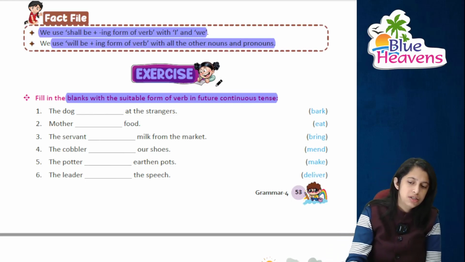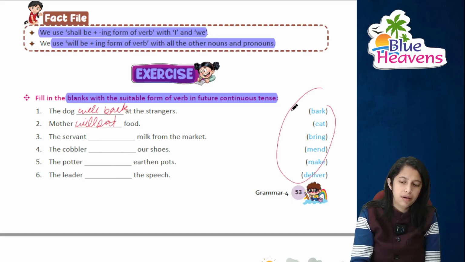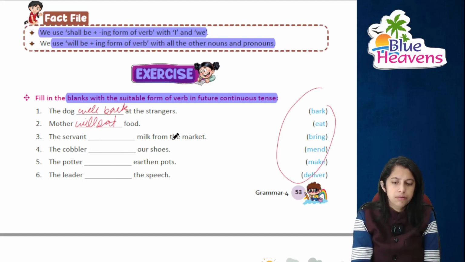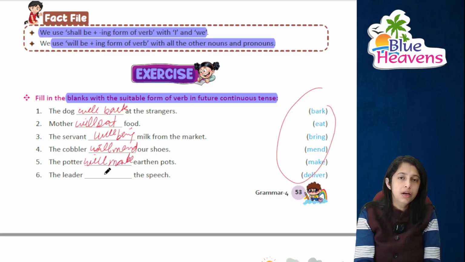The dog dash at the strangers, the dog will bark at the strangers, right? Mother will make food, mother will eat food. यहाँ पे हमको verb दे रखी है, right? The servant dash milk from the market, the servant will bring milk from the market. The cobbler dash our shoes, the cobbler will mend our shoes. The potter will make earthen pots, वो मिट्टी के pots बनाएंगे. The leader will deliver the speech,